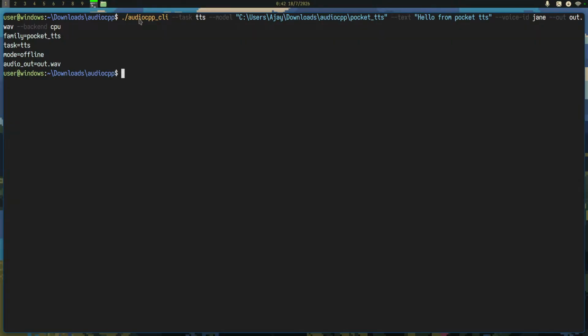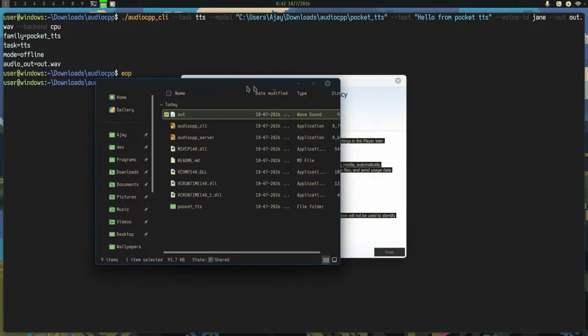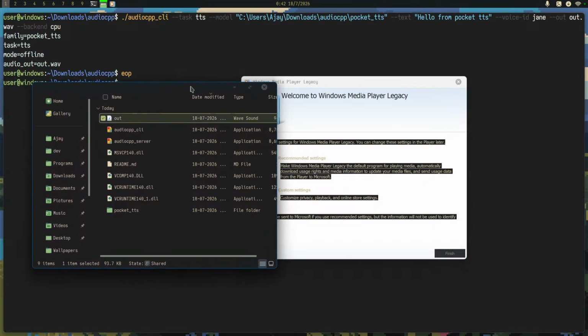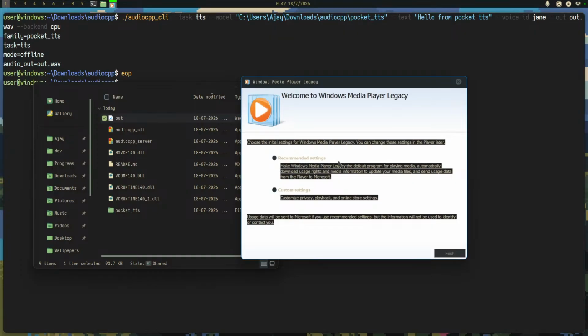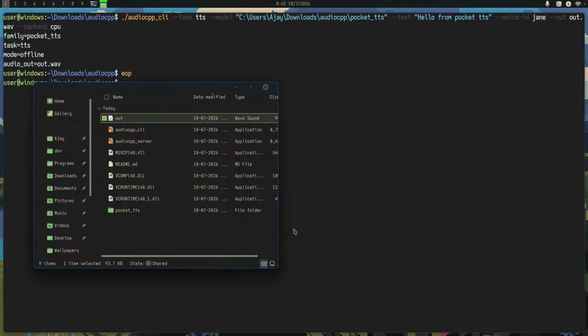Let's just hear how this sounds, right? So, oh, I forgot to install VLC media player. Yeah, let's just go with custom settings. Finish it.